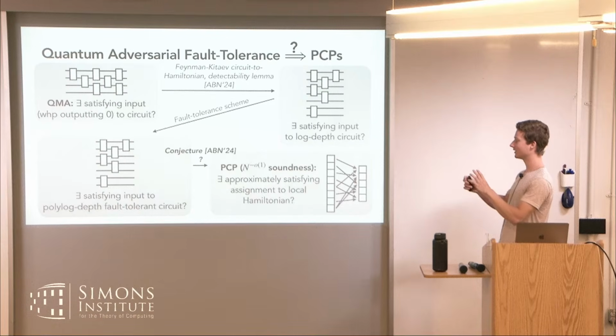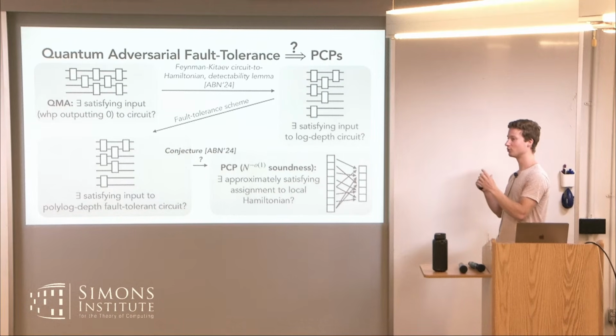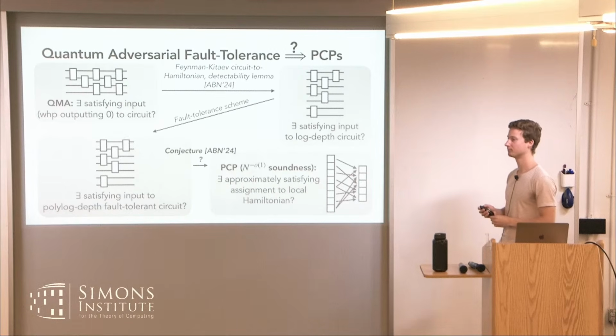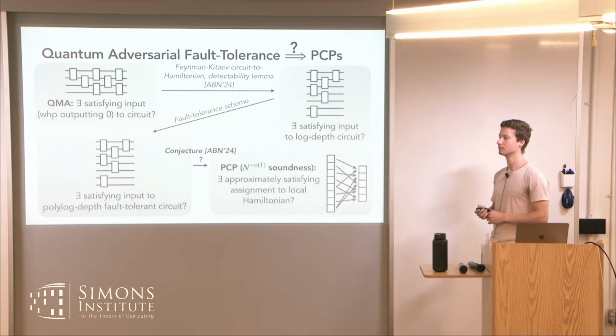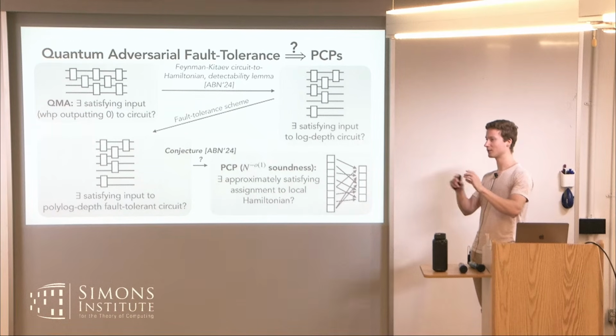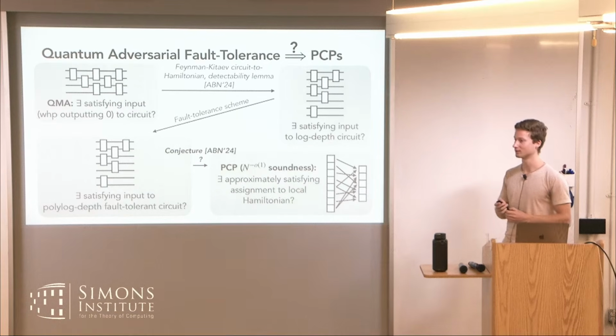Essentially, in every time step, we want to shrink our code by a constant factor, but then double the weight of the Hamiltonian checks that we ultimately impose there. So we have fewer and fewer qubits, but each qubit is more expensive to corrupt, because we get to choose the cost of a corruption by weight. Exactly, yeah. As I'll describe, our fault tolerance scheme has pretty flexible codes, so slowly shrinking a code down to a single qubit is actually doable. That's not a problem in fault tolerance.